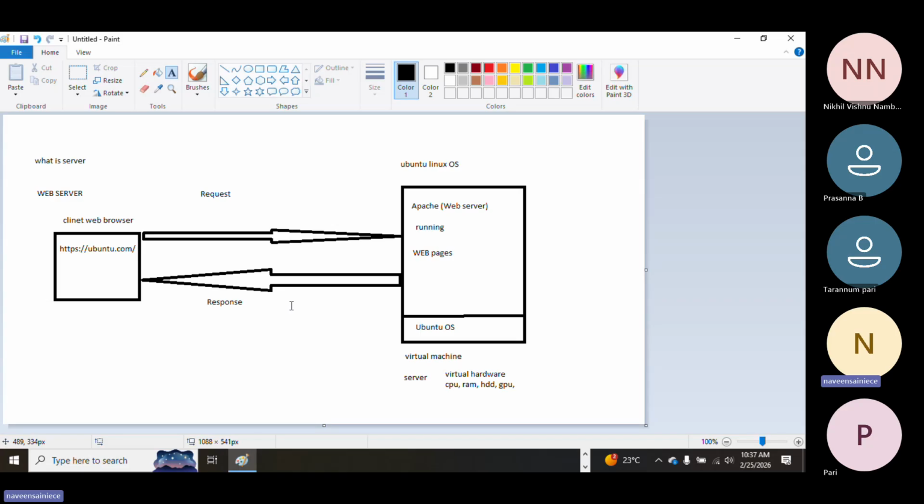This is the DevOps engineer task, or you can say operation engineer. The operation engineer installs Ubuntu, after that installs Apache, and after that keeps the web pages that the developer develops on the server, and then our page will be served by the web server.